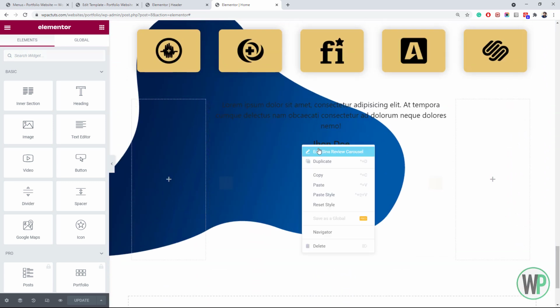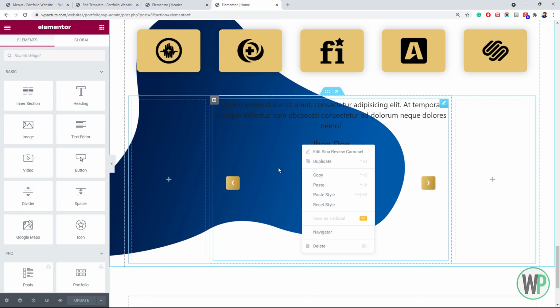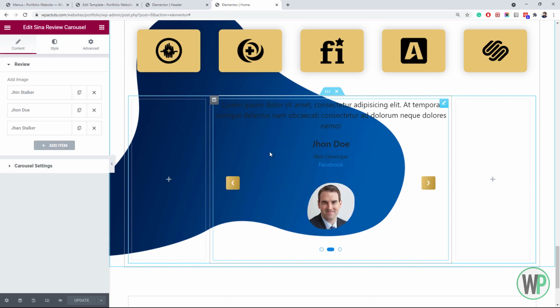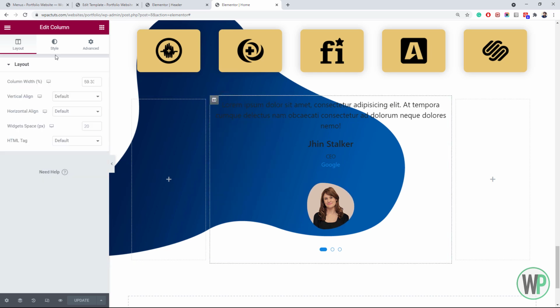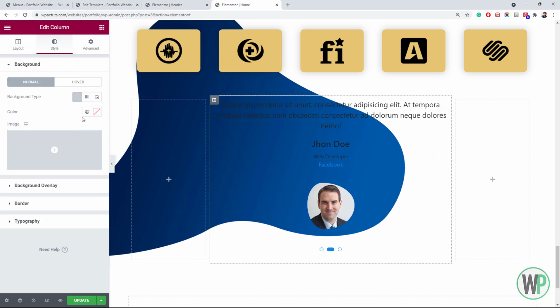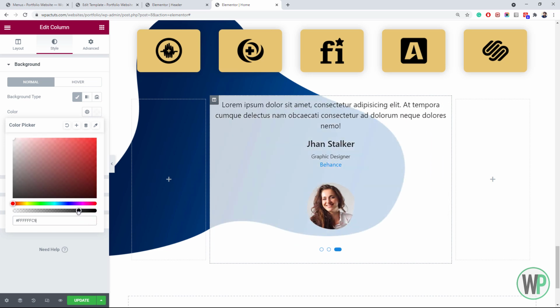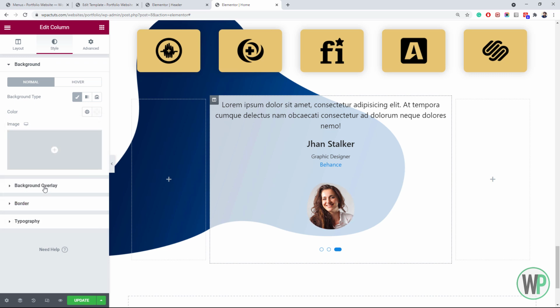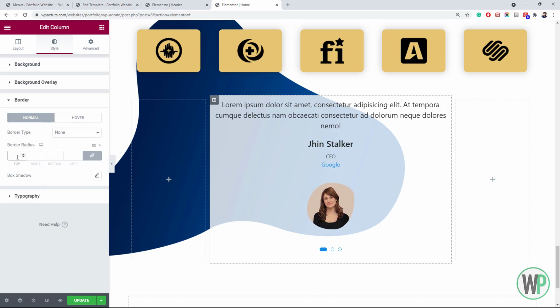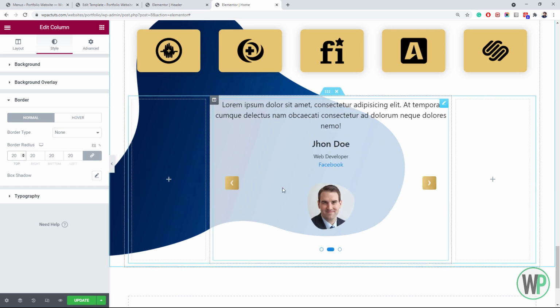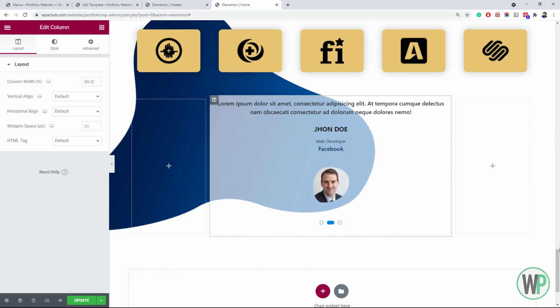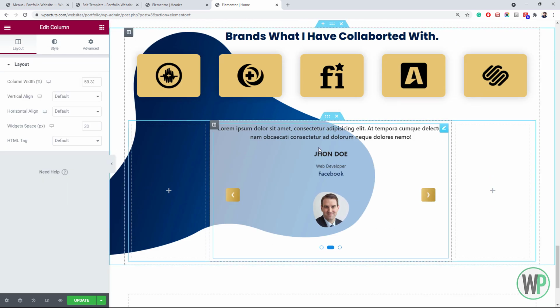Okay. Let's give this column a background color and a border radius, so the text should be visible. Okay, I think